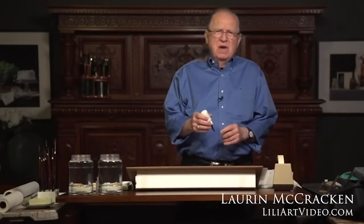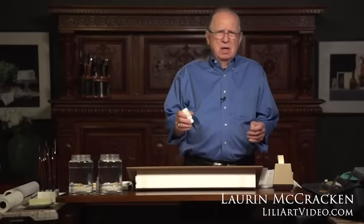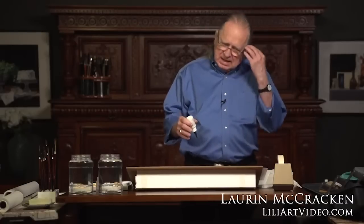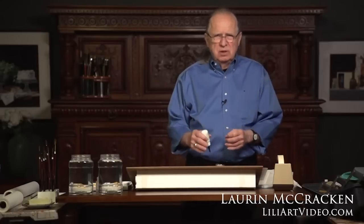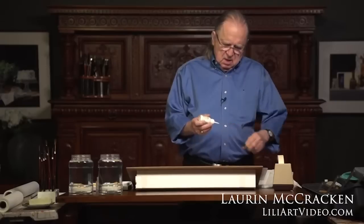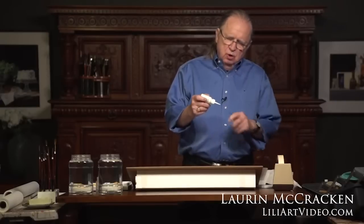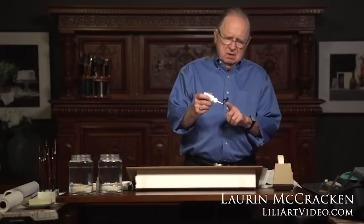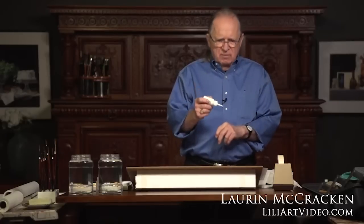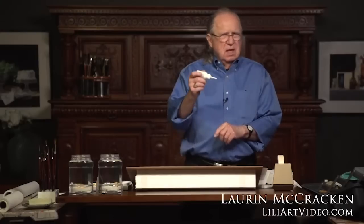And so I appreciate the fact that this masking fluid is a very neutral color, and I don't have to worry about guessing what colors are next to it and what color is influencing the paint that I'm putting on the watercolor. Now, the tube comes with a pretty nice applicator. All you do is cut off the tip at a 45-degree angle, and for pretty large areas, this is an ideal